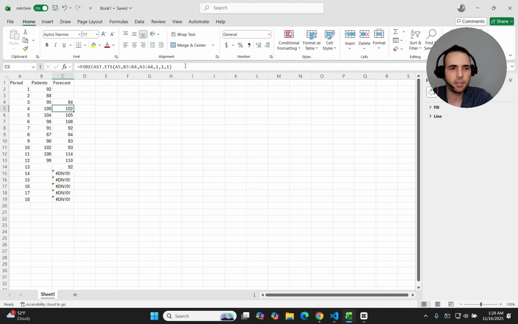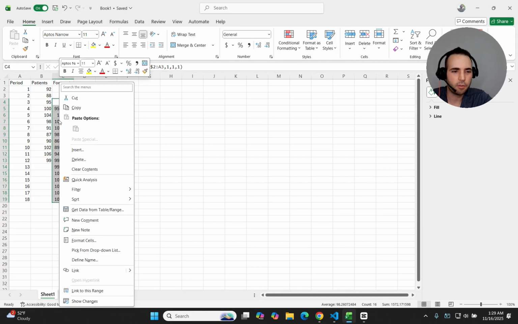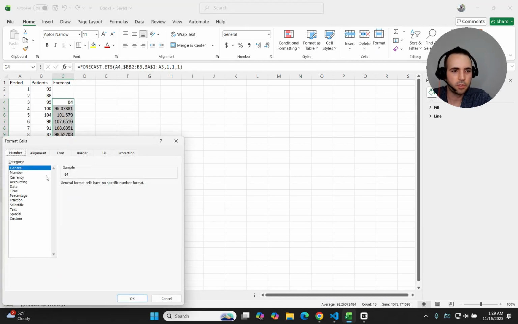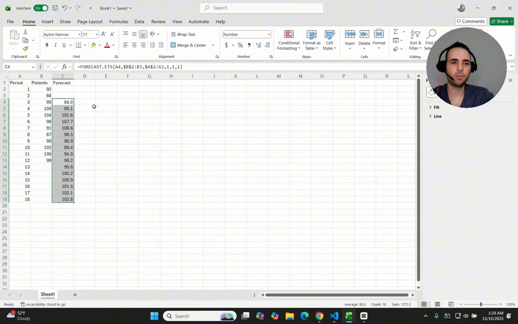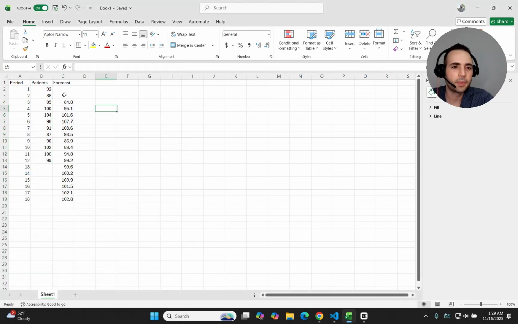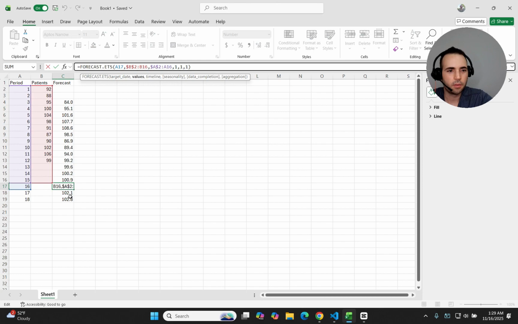Now when you press enter, instead of dragging down those values in the formula, it will freeze the top and continue expanding down, as you can see here. Let's go ahead and format the cells to remove some of those decimals. We'll just keep 1 decimal, whatever half a patient means, but it looks a little bit cleaner. There you have your forecast, and if you click on the formula, you can see that it keeps dragging down